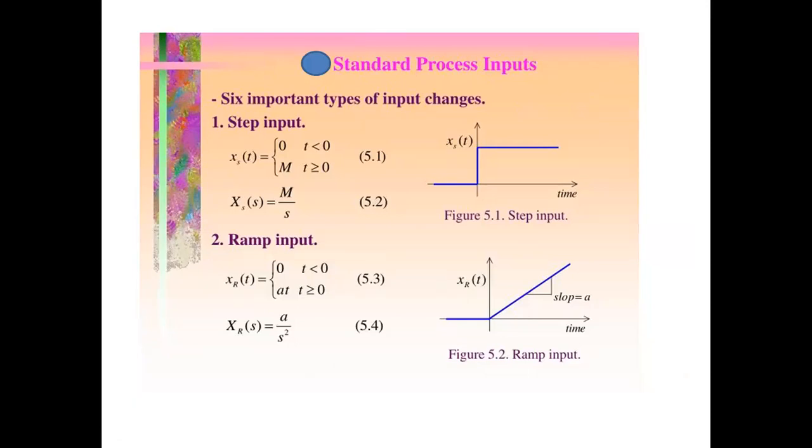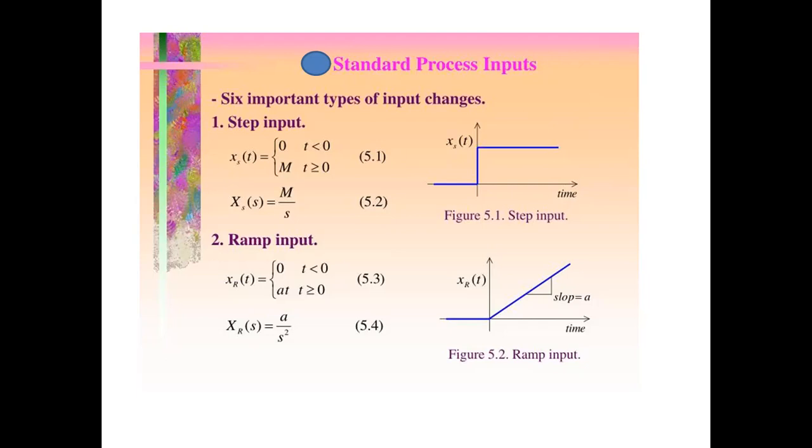1 if you are defining a unit step input, or if you are defining any amplitude, M, then for t greater than or equal to 0, the value will be equal to M. So we take the Laplace transform of the input. The Laplace transform of 1 is nothing but 1 by s. Here I have used the notation M, so we get M by s.